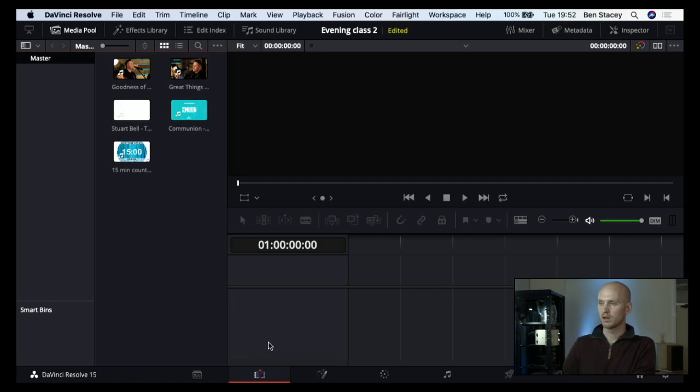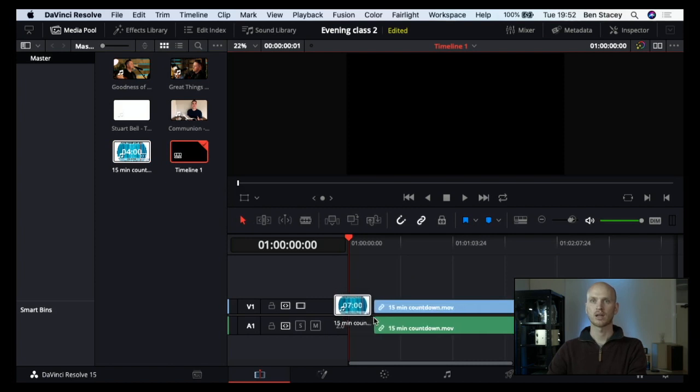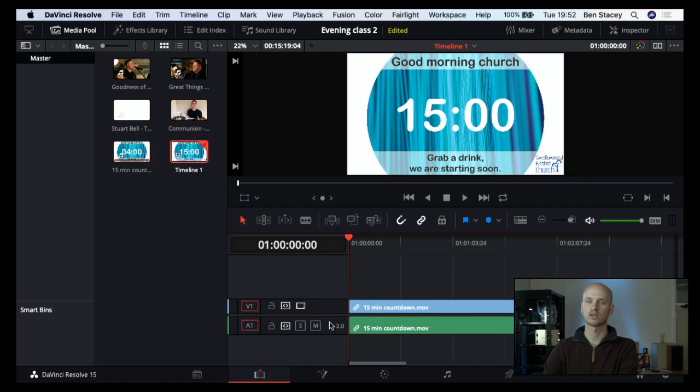So I'm going to bring this up here so I can see it a bit more clearly. There we go. So what we're going to do is we are going to start by adding things into our timeline. And how we do that is we drag and drop. So we're going to start off with a countdown timer, drag it and drop it, and you can see as soon as we do that, it's just generated 2 new tracks for us. So we've got a video track here at the top and our audio track on the bottom. And if I hit play on this,